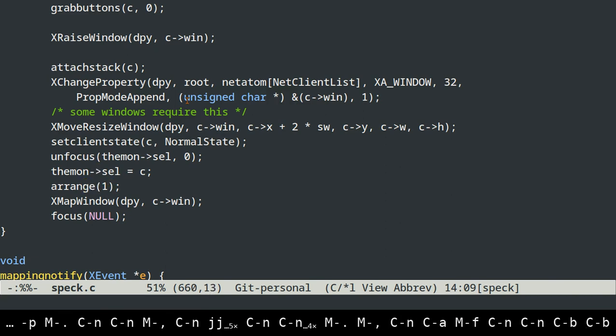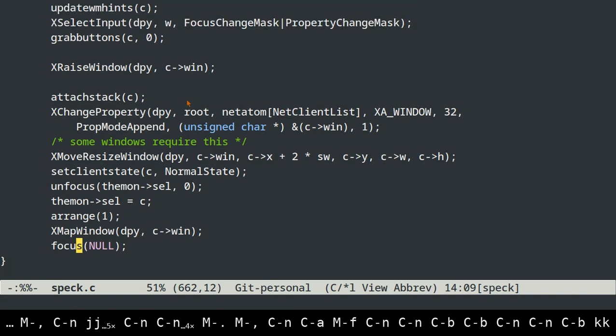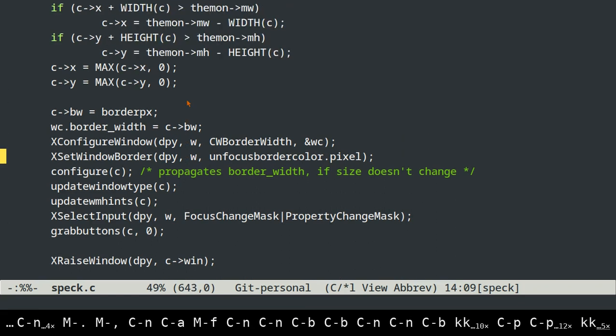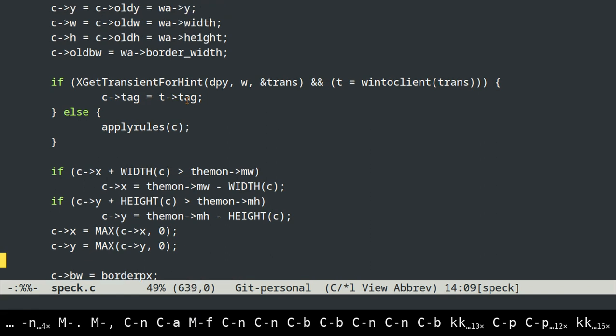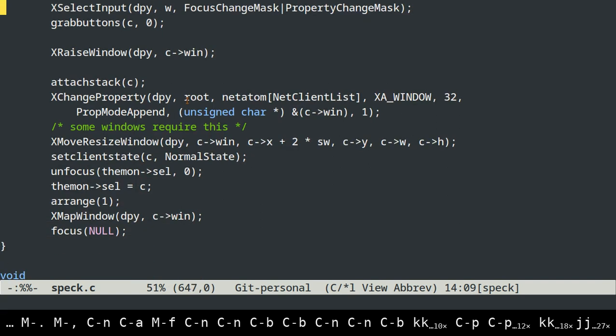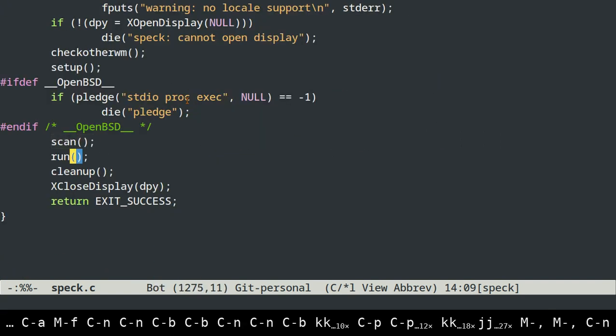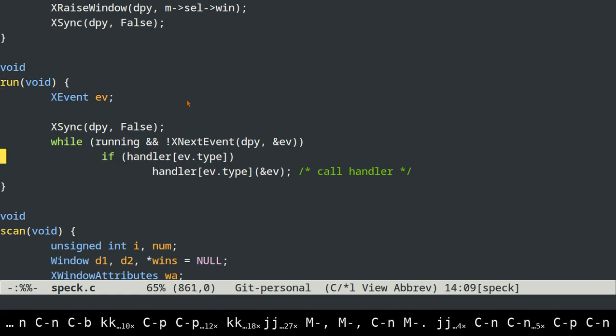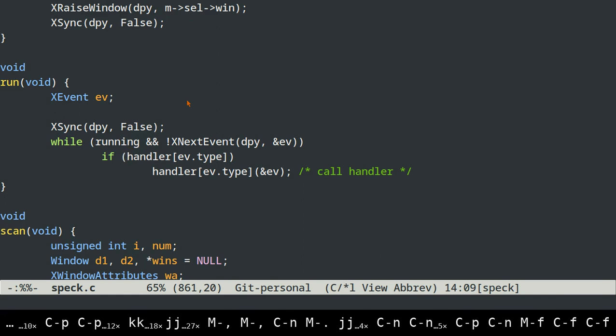Arrange it. Arrange the monitor, which basically just means show any windows that are supposed to be shown and hide any that aren't. And then map it. And then focus. So yeah, that is pretty much it for scan. And then run is just, we just read whatever next event we get, and then if so, handler